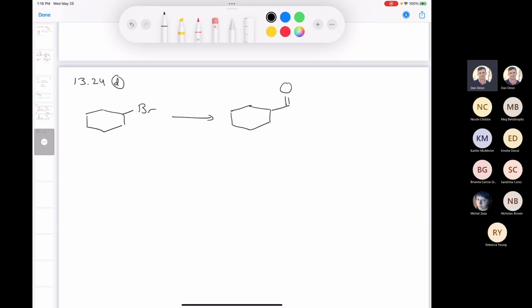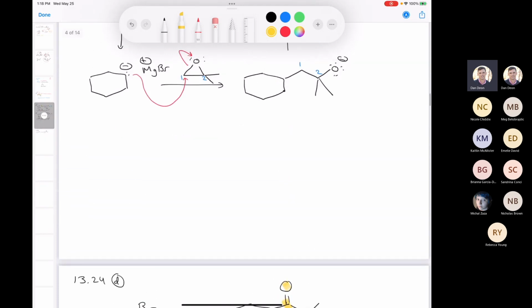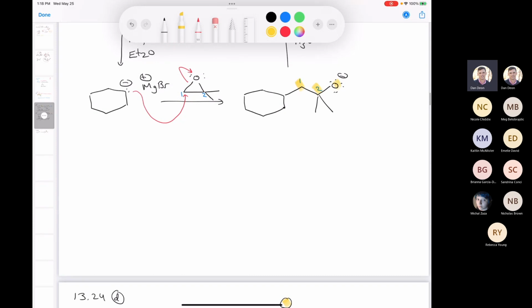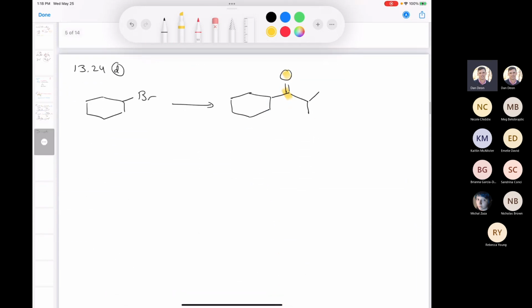And if you want to make a ketone, and we're adding a whole host of carbons here, you can see that you wouldn't use an epoxide to make this compound because you have 1 carbon where you have your oxygen. The only time you think about using an epoxide is when you have 2 carbons followed by an oxygen. So we would not be using an epoxide here. However, if we think in terms of retrosynthesis,